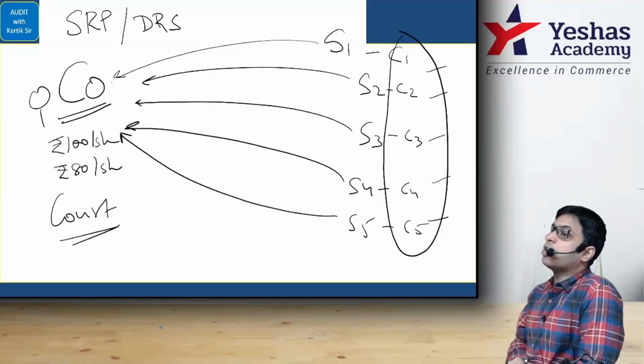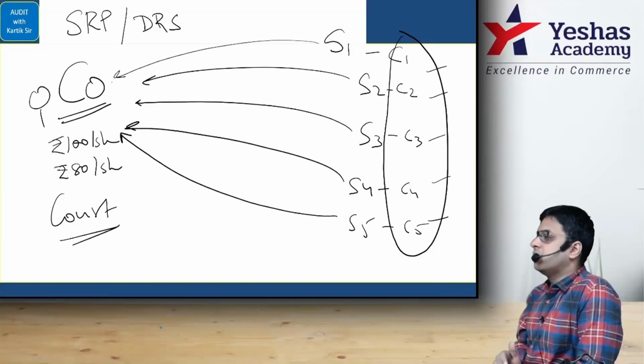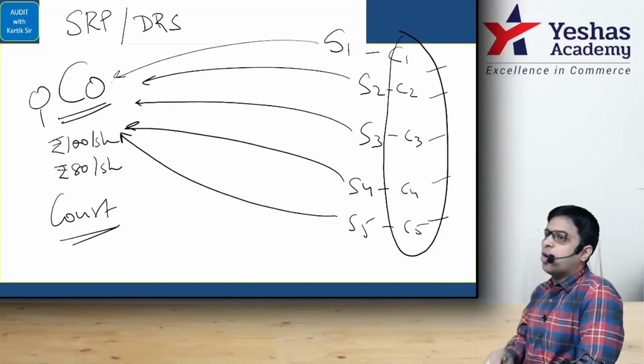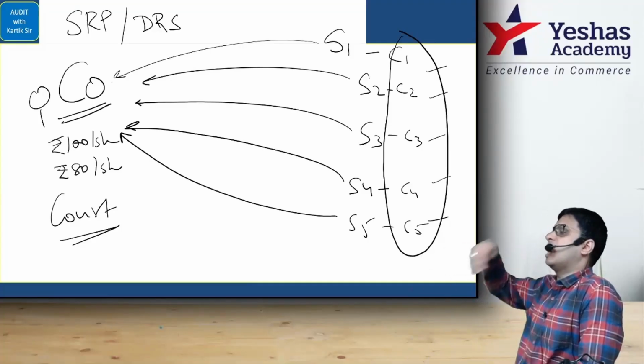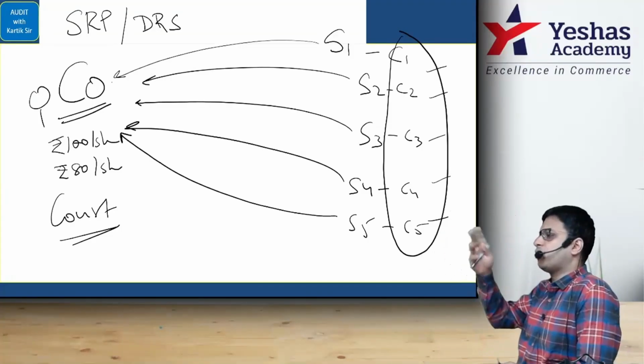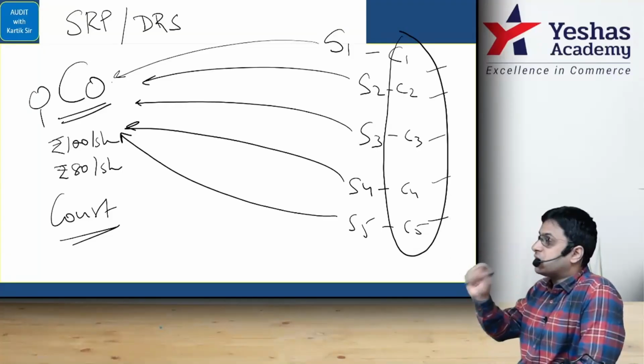Then the court will say, see, this is a unique situation. This is not your normal situation. Instead of money, you're paying shares. So the value that we feel is correct, the code feels is correct, you have to pay. That can be at a discounted value, that can be at a premium value, that can be at par value, whatever it is. You have to pay that much. You have to give shares of that much value. You have to compute the number of shares to be given.